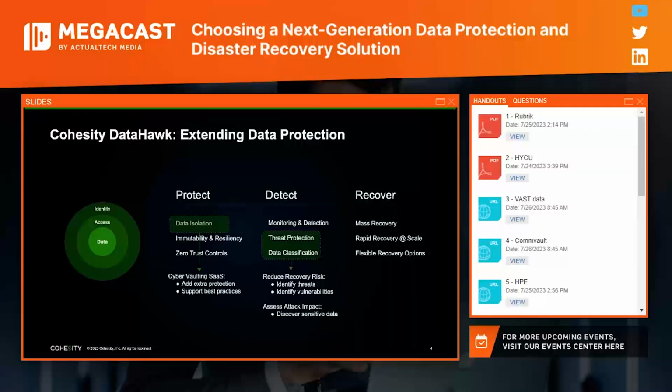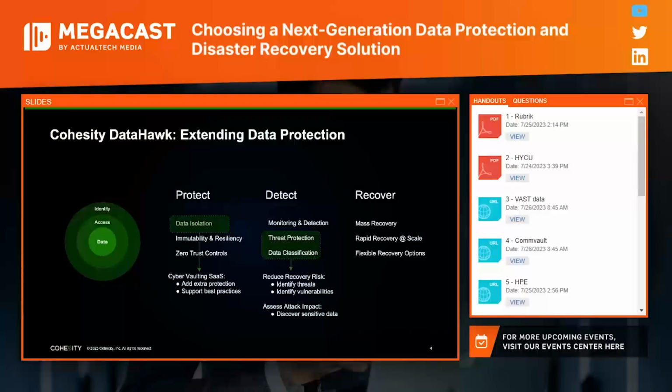An example would be if you have a mission-critical workload that you're backing up and you want to understand the type of data that's being hosted on that workload, you can learn about the data that it's using and in turn deploy more robust security policies. So that's the benefit of using features like data classification.